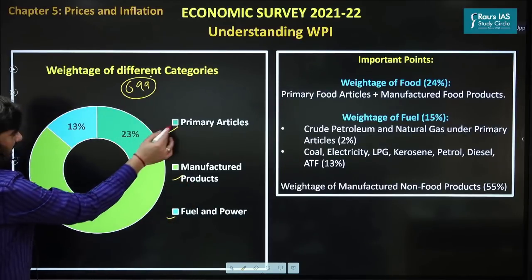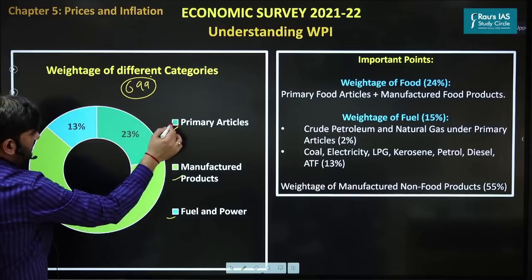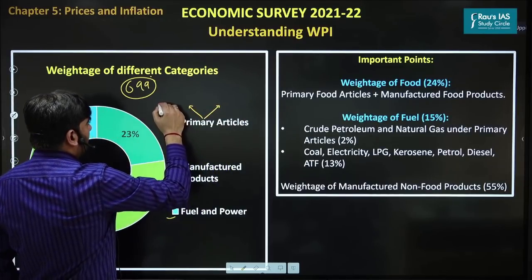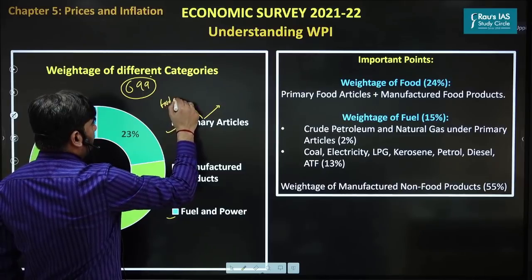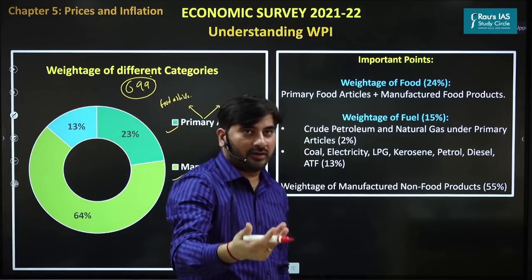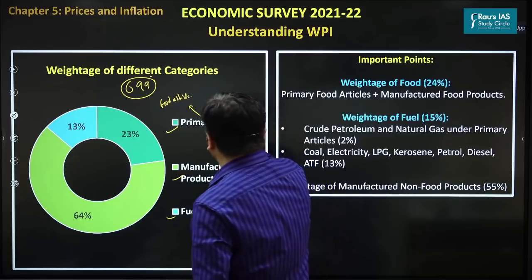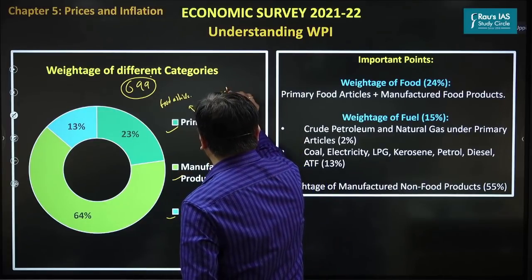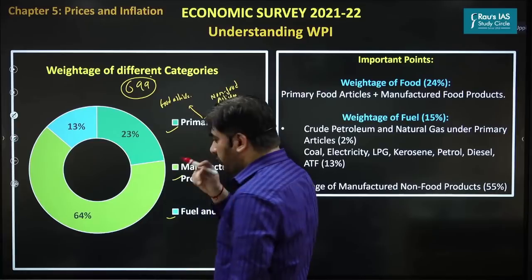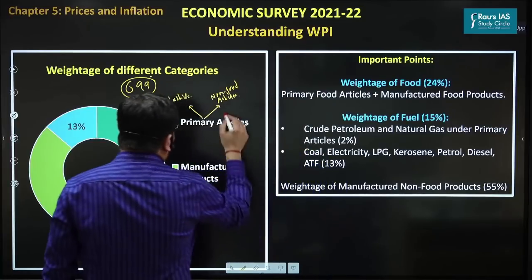When you look at the primary articles, this can once again be categorized into two types. Primary food articles, which basically include rice, wheat, and so on. And then it also includes primary non-food articles. So primary non-food articles include crude oil,